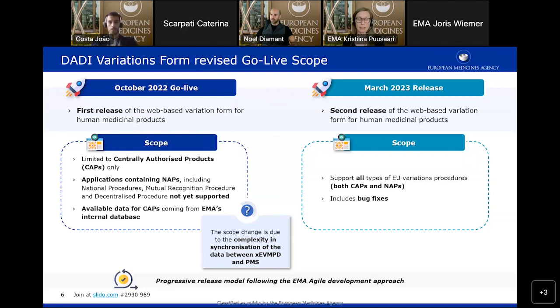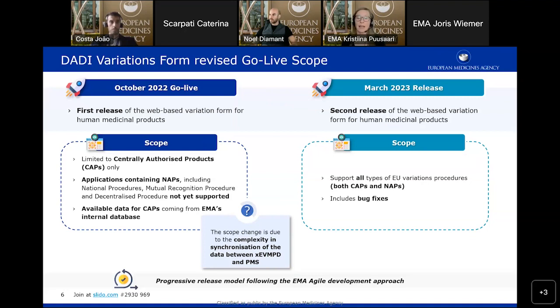So we had to take a decision, which was actually quite suitable for our new progressive release model, because we are now following for the DADI project the EMA agile development approach, which means that we will be doing multiple releases, adding features as they become available. And this is a perfect example of how to do that in real life.